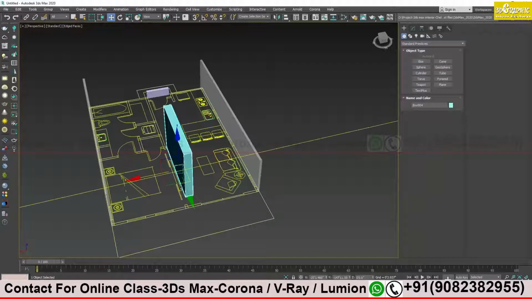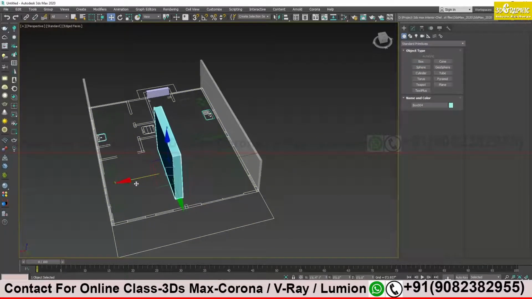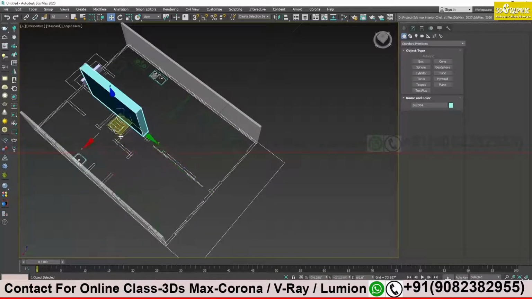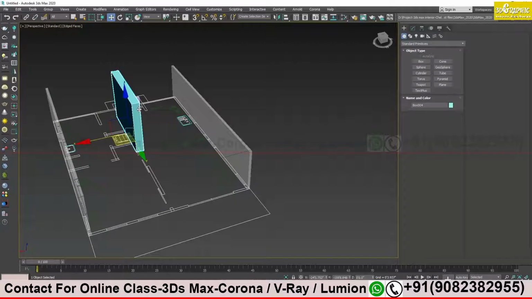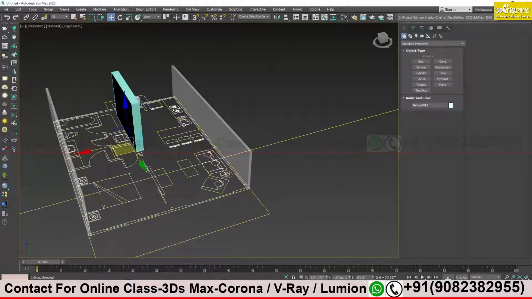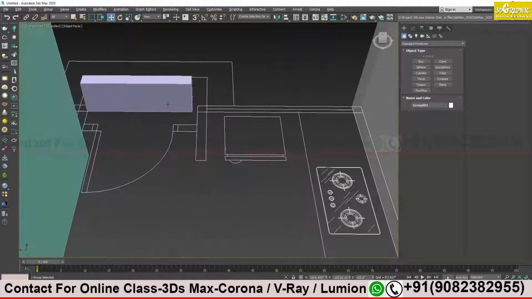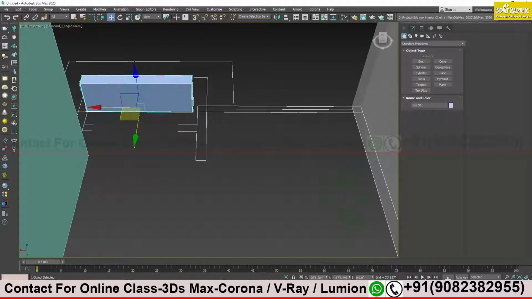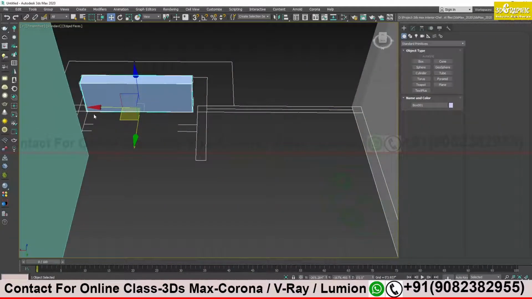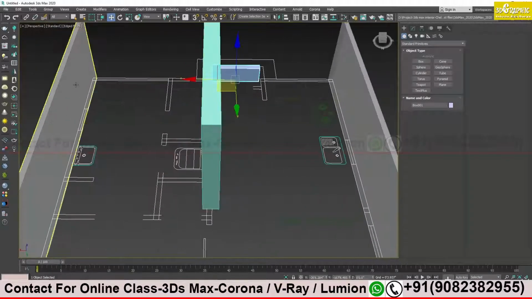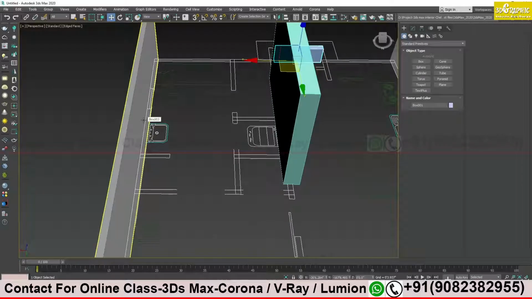You only have to practice creating on top of your exact measurement, on top of the CAD file. In future I'm going to tell you another option for how to create walls. For now, try to import your CAD file and scale it exactly. Do not forget to scale your CAD file. It should be exactly 1200 millimeters. Take a window or door, take the measurement from here, and make sure you have that measurement in the Max file also, and then create everything with the help of box. That is homework for both of you.